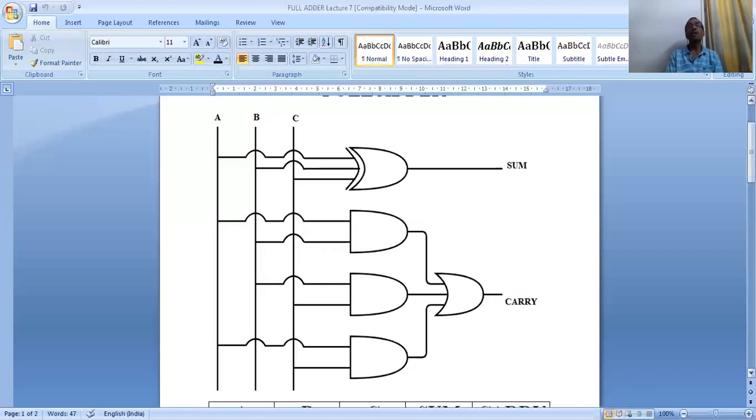Before that, you should clear half adder and full adder. Unless and until you understand the half adder and full adder, you can't understand the 4-digit binary adder. Okay. Keep in mind, you should study regularly and by giving time, and you should practice these particular points, then and only then can you score more marks in the exam.